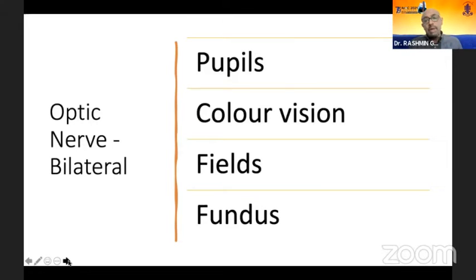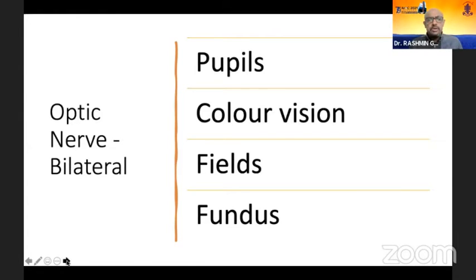What about optic nerve bilateral? Here, you have to remember, bilaterally symmetrical optic nerve disease will not show you RAPD. In a severe neuronal loss, you may find that the pupils are not as briskly reacting as a normal pupil. You will find a color vision loss in most of the bilateral optic neuropathies. Fields become an important differentiator between a bilateral optic nerve disease and a post-chiasmal or chiasmal visual tract disease causing a bilateral vision loss. So visual fields become an extremely important factor here.